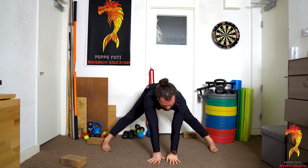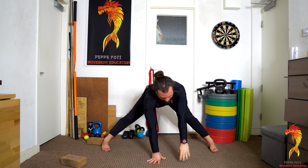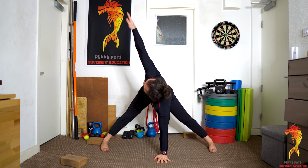And then same side, breathe in, keep your chest long, twist, and breathe out, coming down. Repeating on the other leg. So keep your left arm nice and strong in the middle. Big breath in, twist,